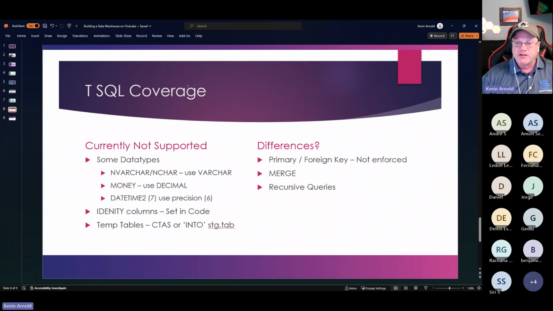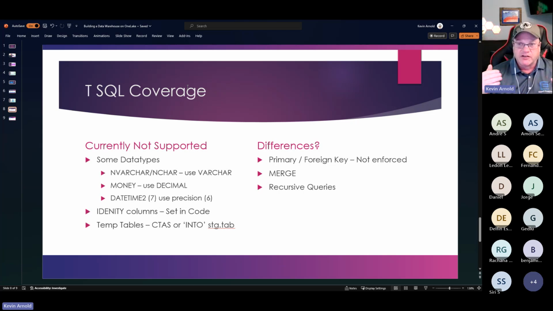What I do is I set up a certain schema called STG for stage. And if I'm going to write something that I need to use across multiple procedures, say I want to just have one procedure produce that so I'm reusing my code properly, I will then put that into a stage table and use that as my temp table, right? And because we just have this one lake, it's not a big deal to do that. So I could use a create table as select, or I could select into one of those stage tables and go ahead and have it created on the fly for me, just like what I would have done with temp tables.